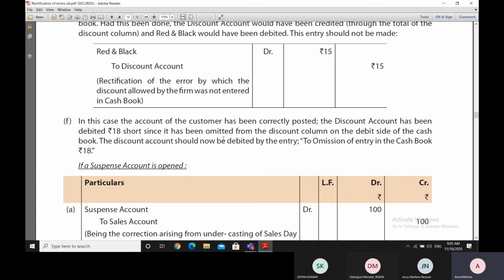Now supposing in these cases we are not able to find a defect before the trial balance is prepared. So what we do is that when we prepare the trial balance, we find that there is a difference between the debit and the credit side, and to square off the difference, we'll open a suspense account and put the difference into the suspense account. Later on, when we find the reason, then we have to remove that entry from the suspense account and take it to the correct account. So in the first case, for example,